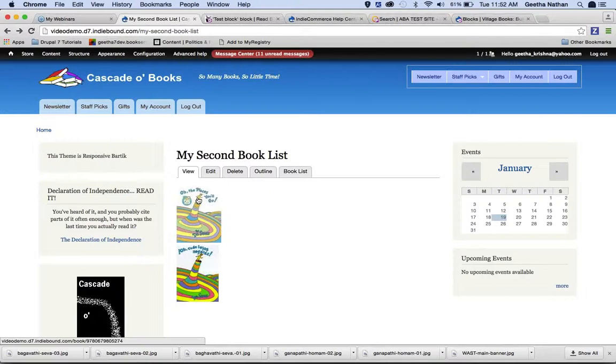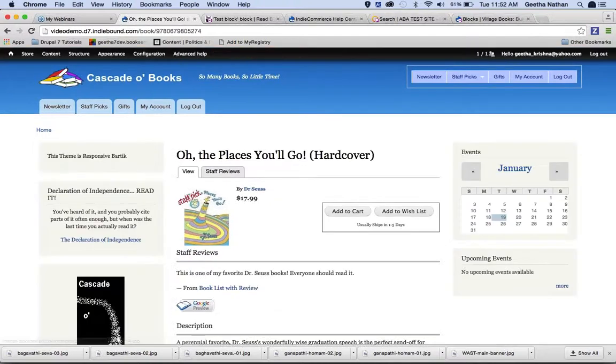So it's just giving me the cover image. If I were to click on it, it's still going to take me to the full product page, so they can still add it to the cart. And so you can use those at different times. If you want to show the full book data information on your page, but if you've created